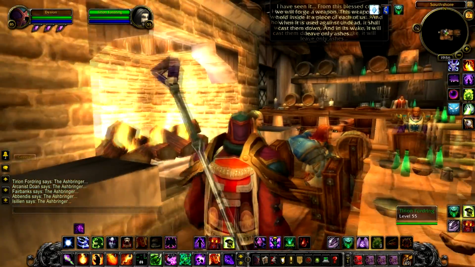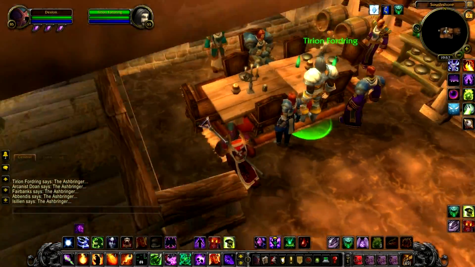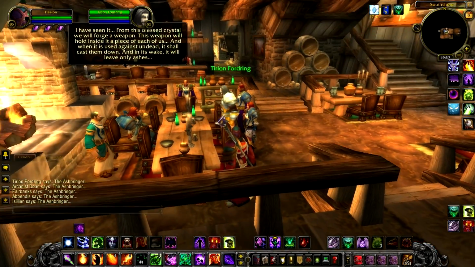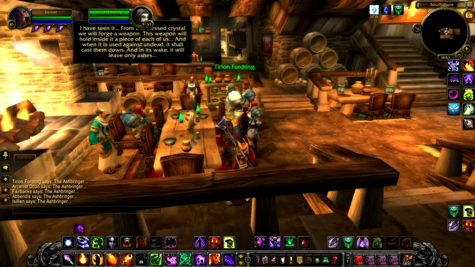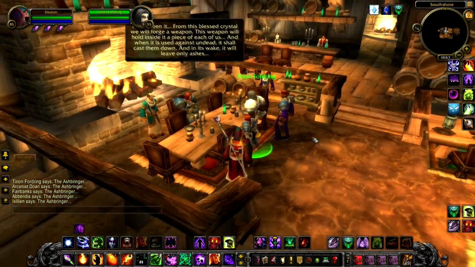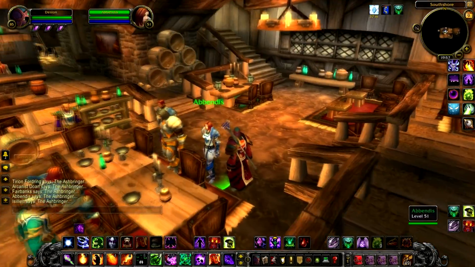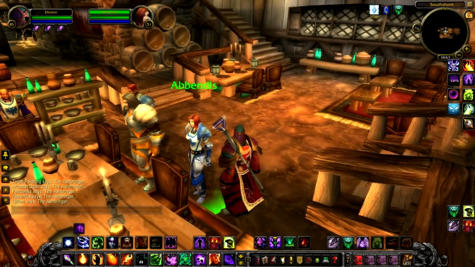Okay everybody, so that is the event. It was quite a long event, basically getting the crystal out, and it became a weapon of the light, and so the Ashbringer was born. You might notice a few famous faces here. Obviously we have Tirion Fordring right there, we have Commander Mograine, we have Abbendis, who becomes High General, I think